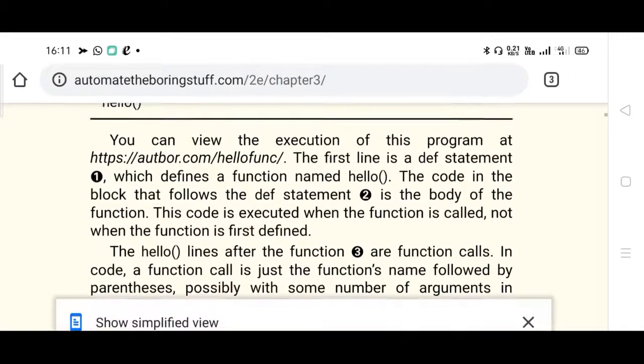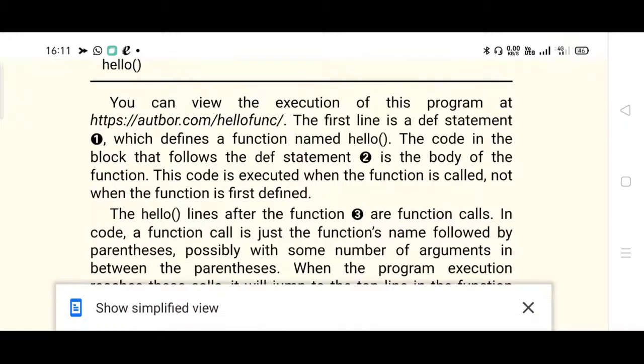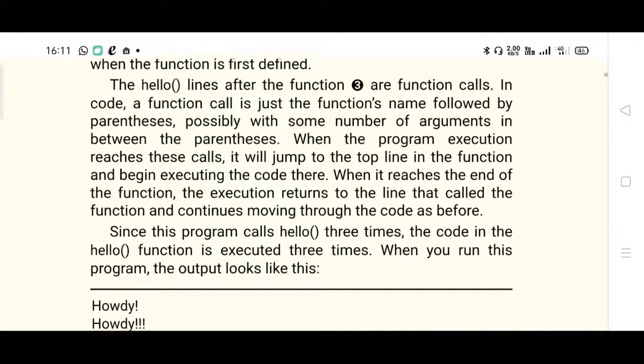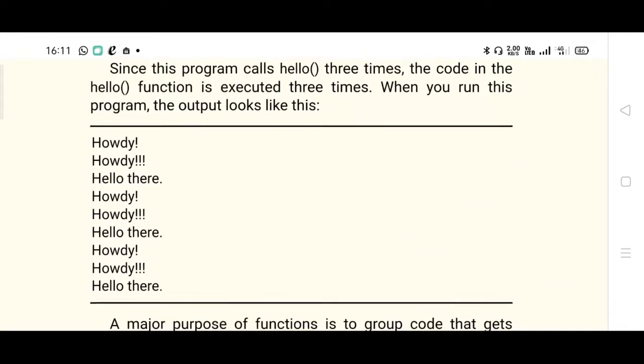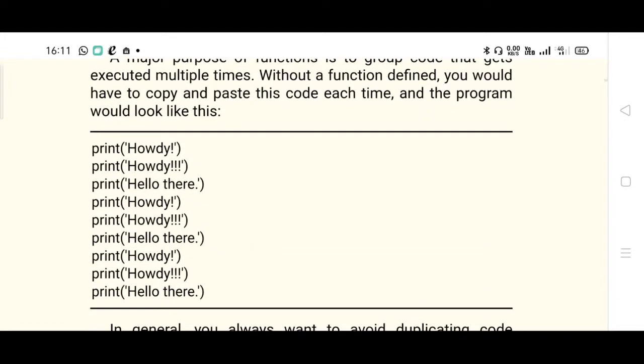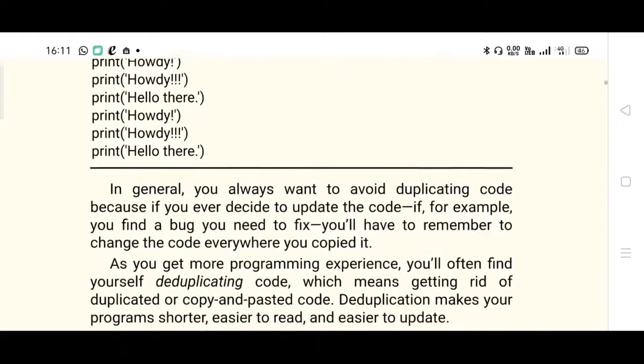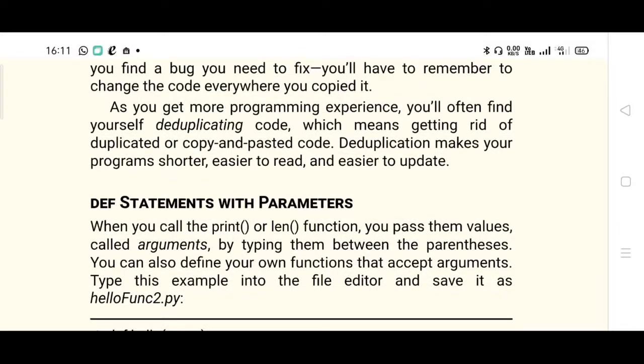So here is the explanation given of what will happen. We have just observed the output, right? So you must know what will happen. First the function hello, control will look into the body of hello and take the appropriate action. So here is the output, as you can see. It is printed thrice here